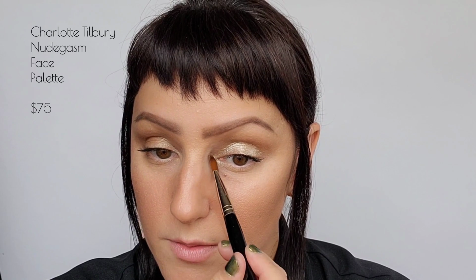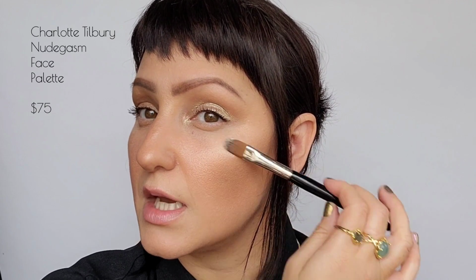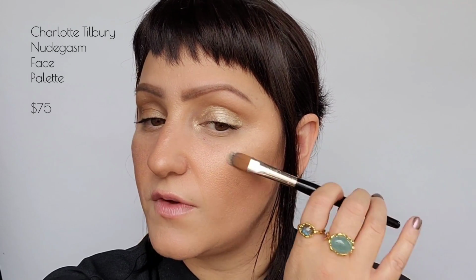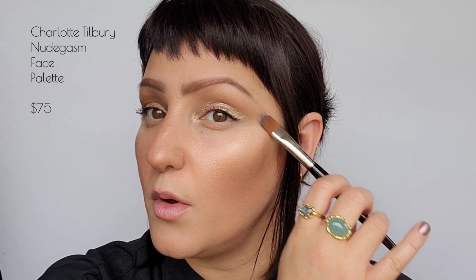Whatever's left on my brush, I'm just going to bring into that inner corner of the eye. And then you can take a little bit here and work on the side of the brush. Now, did you see that I'm not using my hand the same way because that'd be too intense? I'm taking it to the side and just feathering it on the upper cheekbone here to create a more bold,